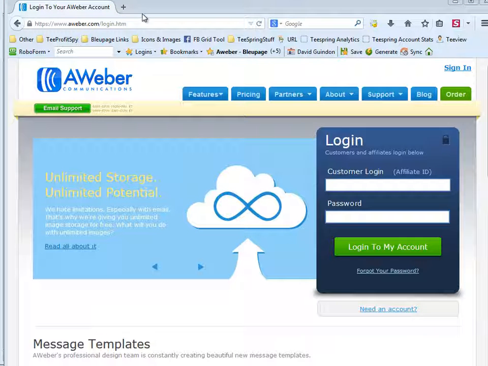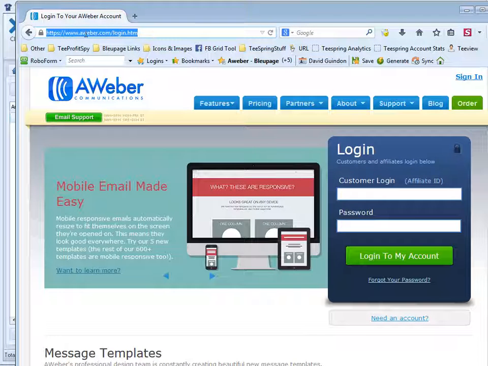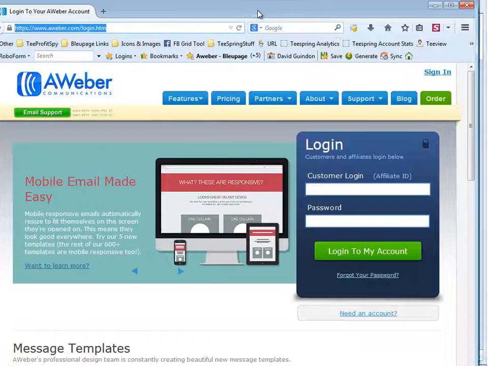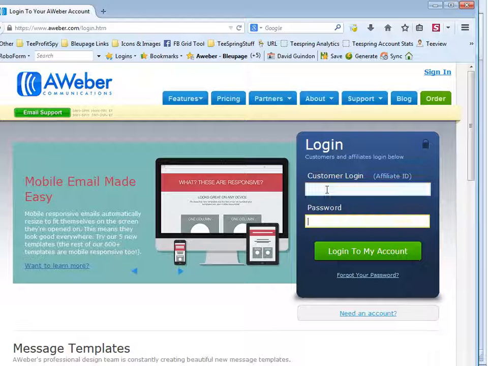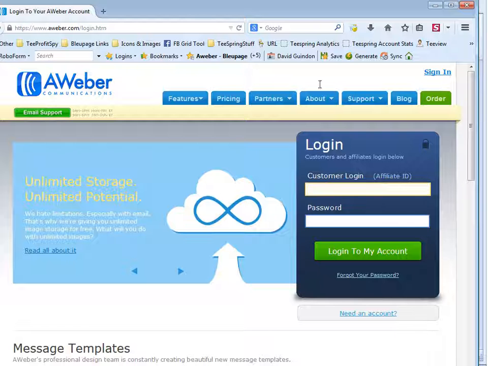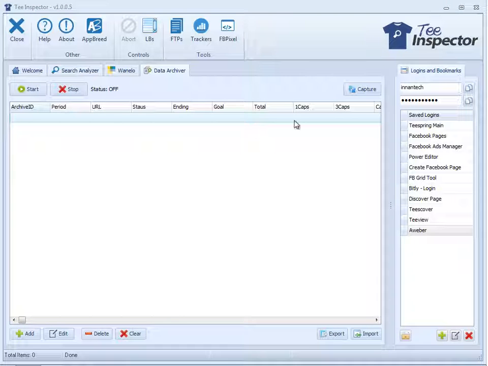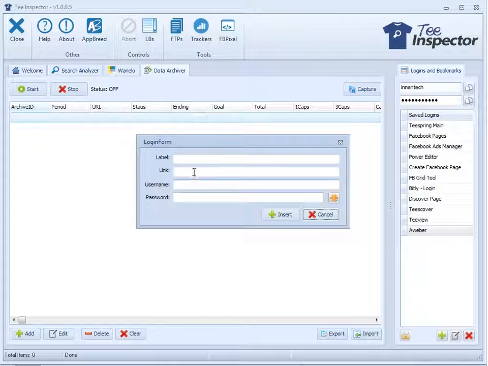So when you go to Aweber, you click on sign in, and this is the link here. So you can see, you right click, that's the link. You want to put in the link of the page where you have to enter in your login information. That's the link that you want. So you grab that link and you can put it right here where it says link,